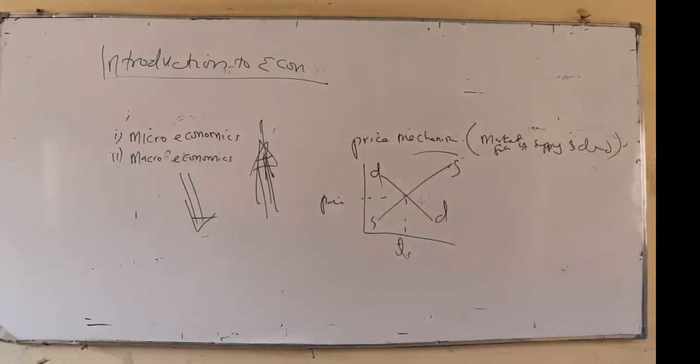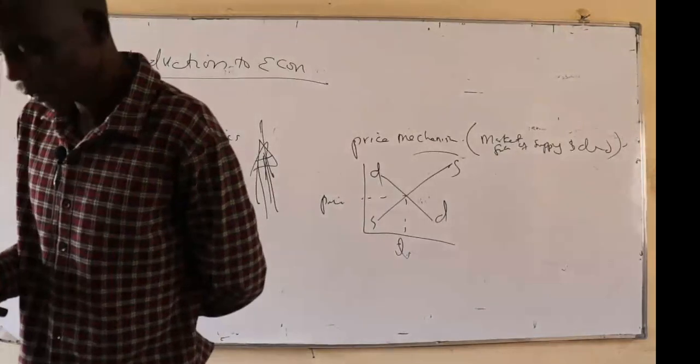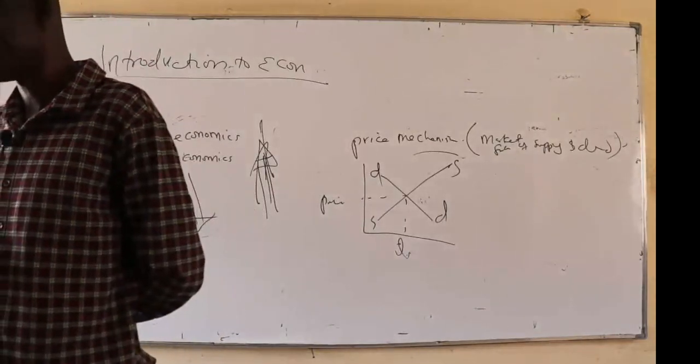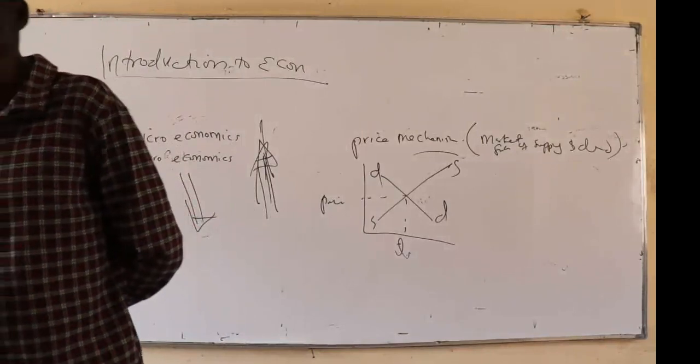So proceed and say, the price mechanism is used to allocate resources. Full stop. Say price mechanism can be defined as an elaborate system of communication